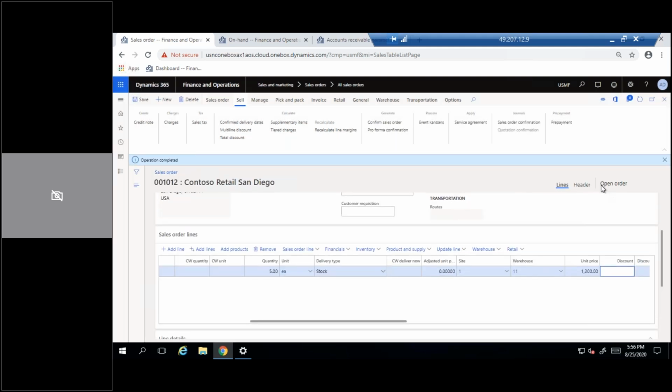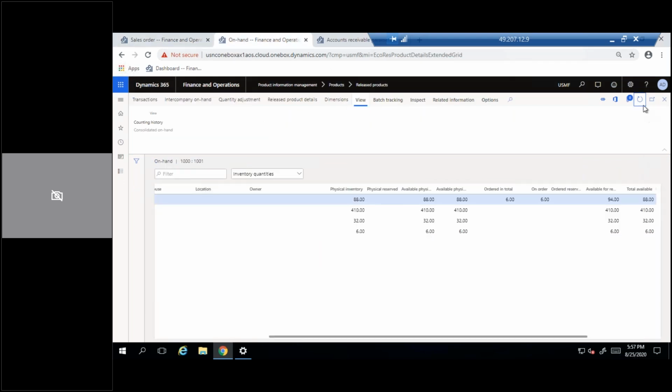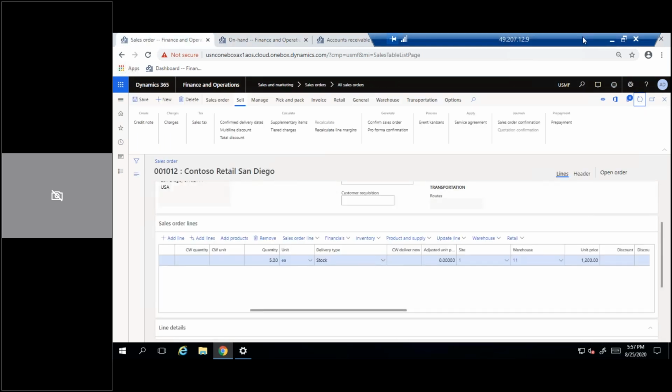Now if I verify, the status is still open order. Whenever it is completed successfully, a blue bar will be shown saying operation completed. So it is open order only. On hand inventory, there will not be any change. Now the next step,